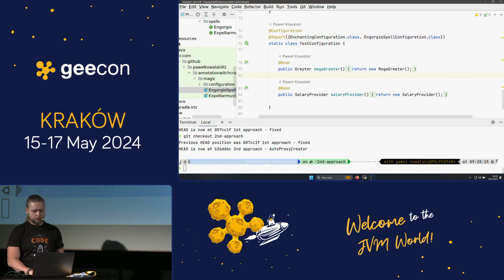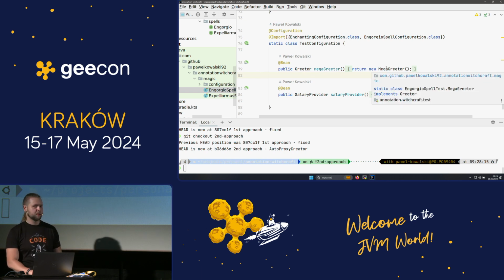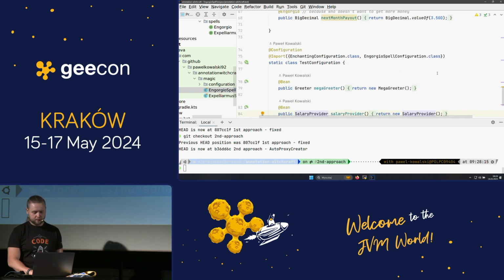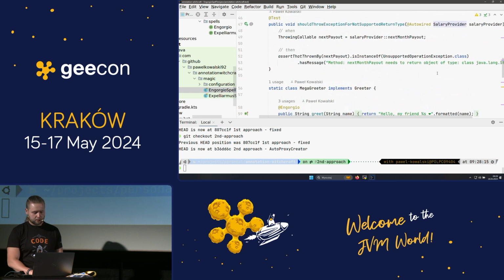And we've got two components. The greeter, called mega greeter because we want to enlarge things. I'm not good at naming, so deal with it. And salary provider. This one will be explained a little bit further in the test. So our mega greeter